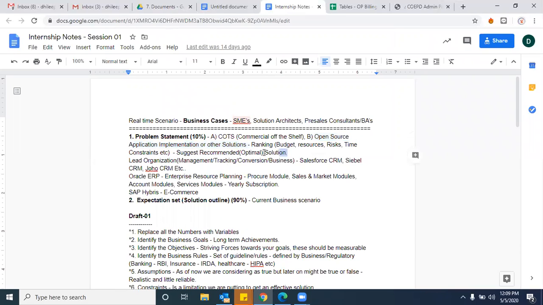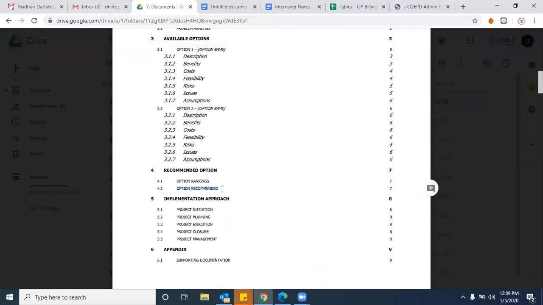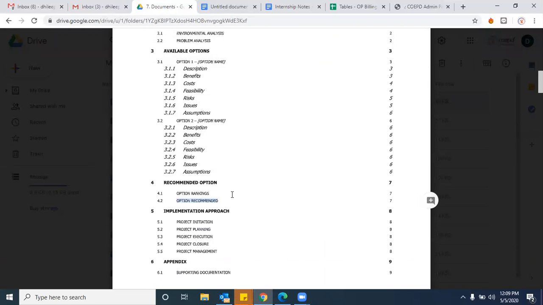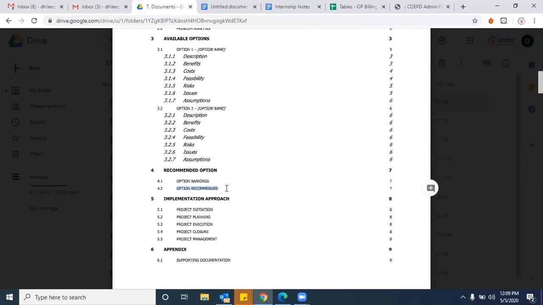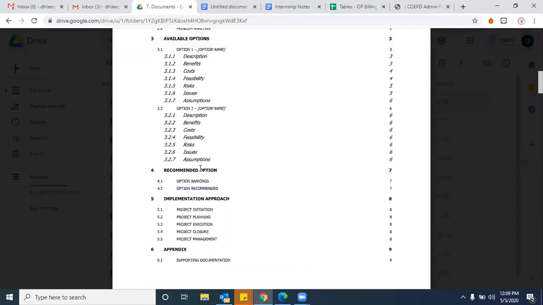Optimal solution here, see, suggested, recommended, or optimal solution. We need to provide a ranking and then come up with the recommended solution, right or wrong? For which we'll have a war room meeting again. I'm sorry, come up with one solution? I didn't understand your point. Like we have 2 to 3 solutions where we are giving a ranking, right? So those rankings are based on these war room meetings.